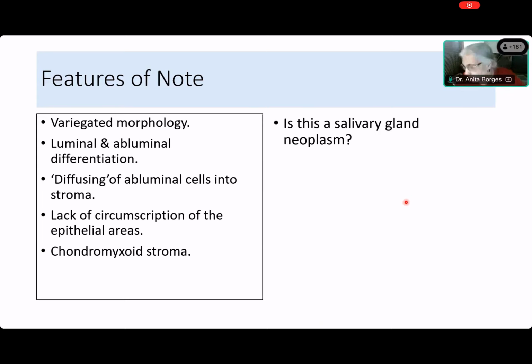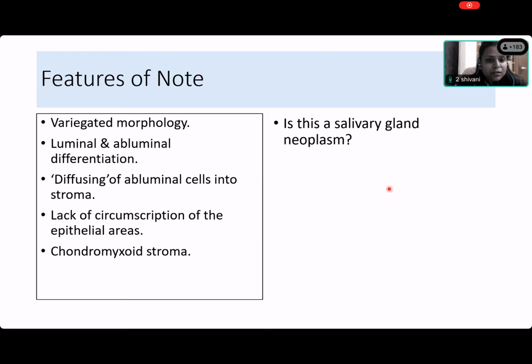Everybody agrees that it is a salivary gland neoplasm? Wrinkle, is it a salivary gland neoplasm? No, Wrinkle is not there. Madhu, is this a salivary gland neoplasm? Yes, ma'am. Very good. Akshara? Yes, ma'am. Gaurav is also not there. Somik? Yes, madam. It is. Very good. All right. Shivani, why is it a salivary gland neoplasm?